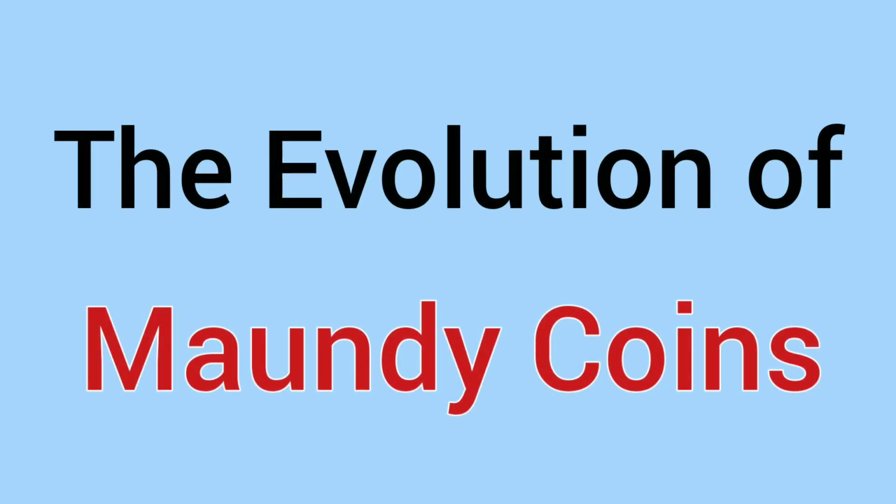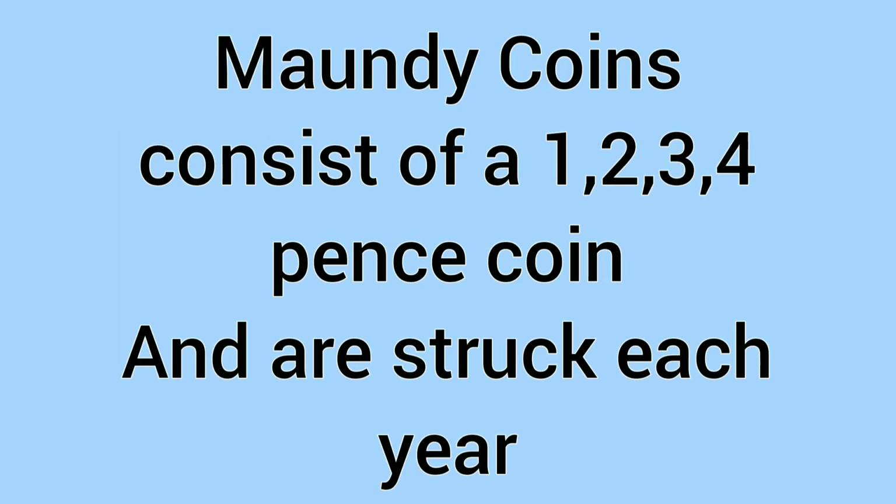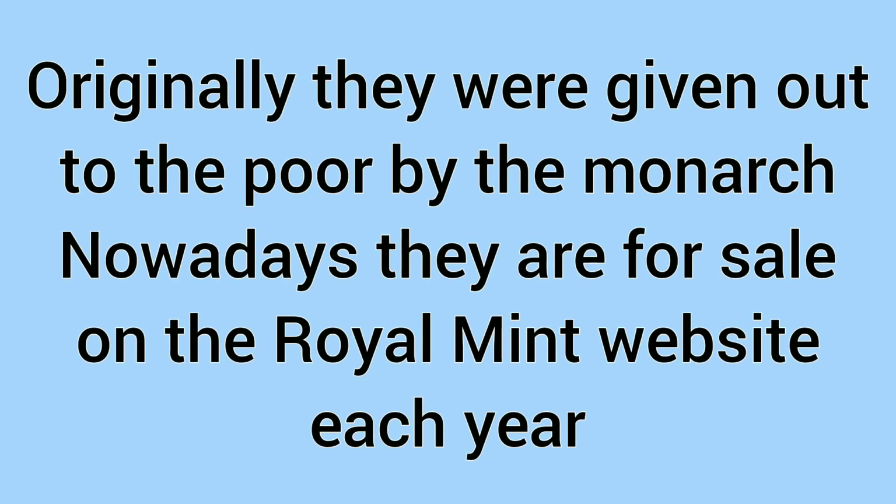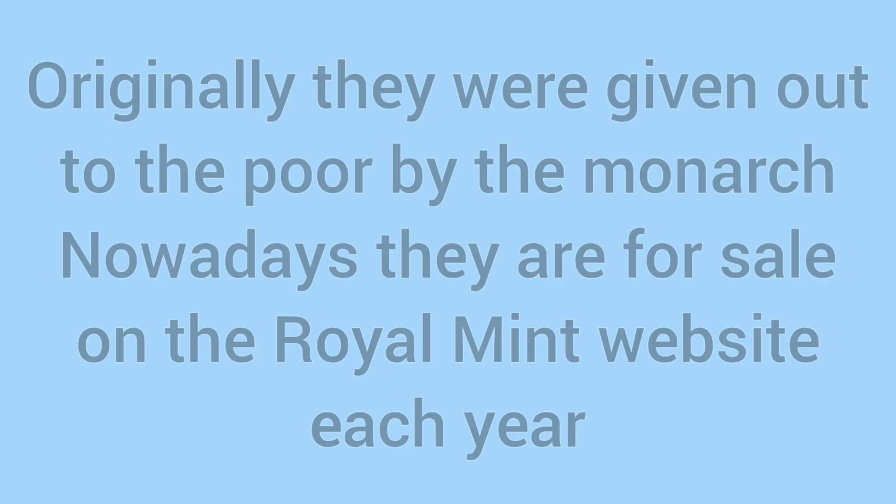In today's video, we'll be discussing the evolution of Maundy coins. So first, what are Maundy coins? Maundy coins consist of a 1, 2, 3 and 4 pence coin and are struck each year. Originally, they were given out by the monarch to the poor. Nowadays, they are for sale on the Royal Mint website each year and are more of a collector's item for